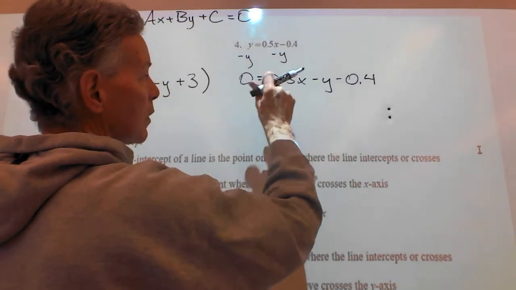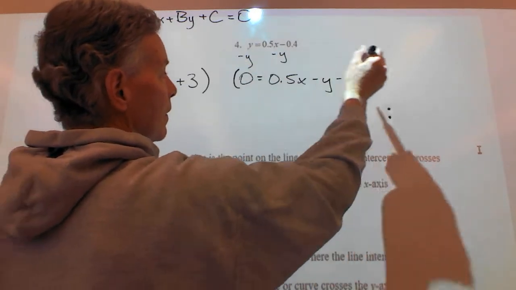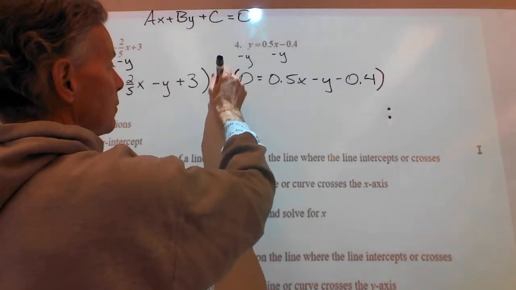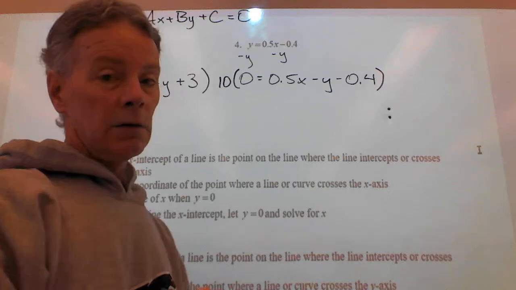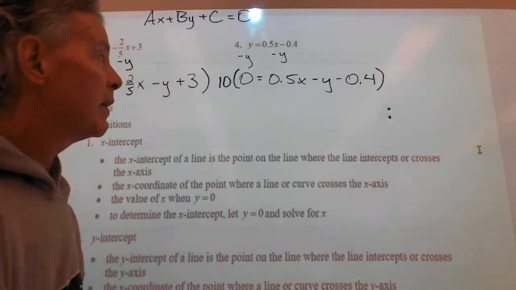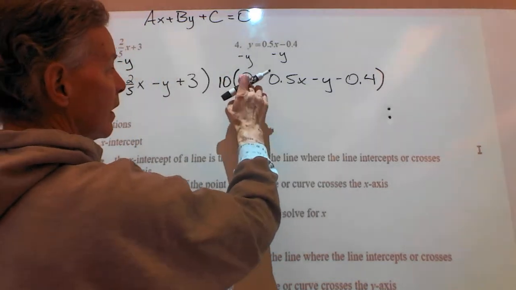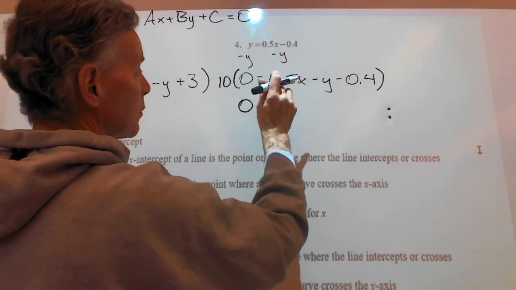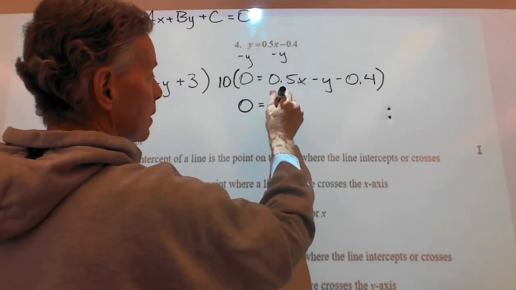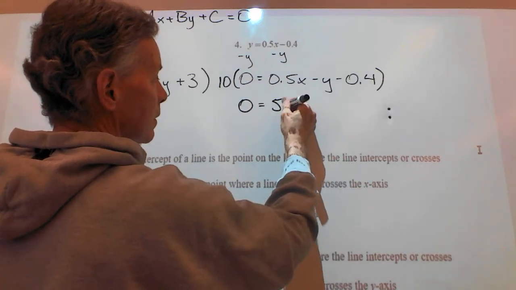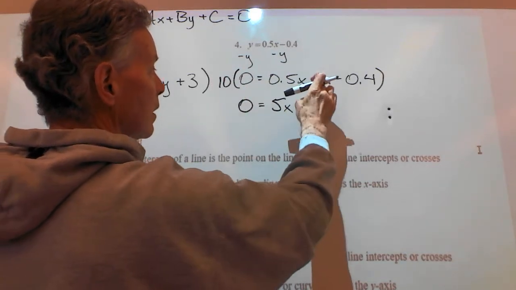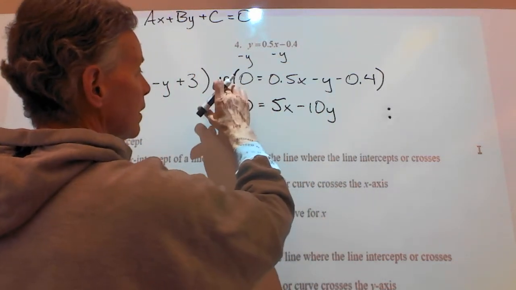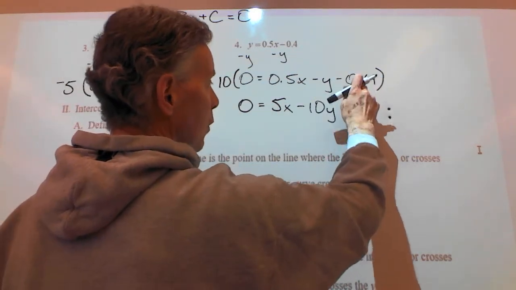So in other words, if we take this equation and multiply every term by 10, then we'll get 10 times 0 is 0, 10 times 0.5 is just 5x. 10 times minus 1 is minus 10y. 10 times 0.4